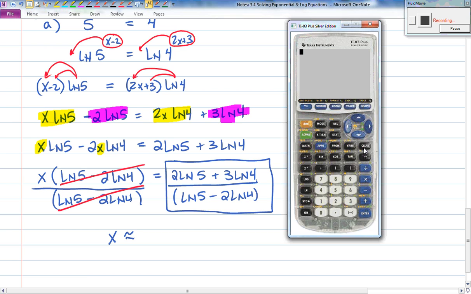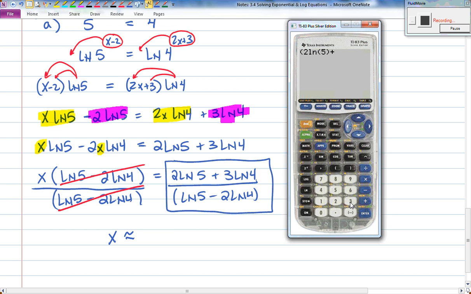Alright, here's how you plug this in your calculator, and here's how you not get it wrong. You need to put the entire numerator in a set of parentheses. So we're going to start with a left parenthesis and plug in 2 natural log 5 underneath log, close parentheses,